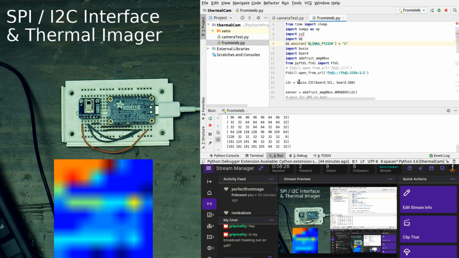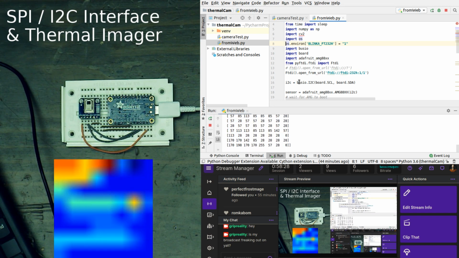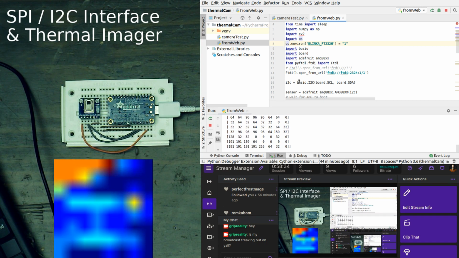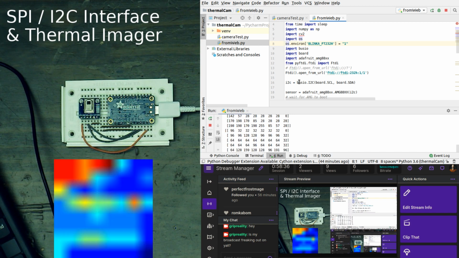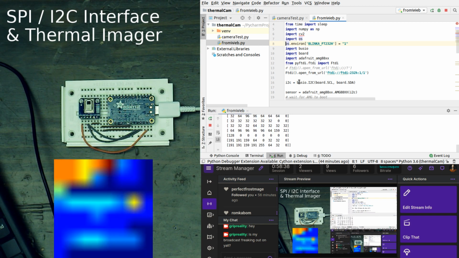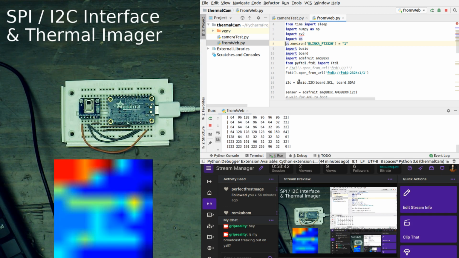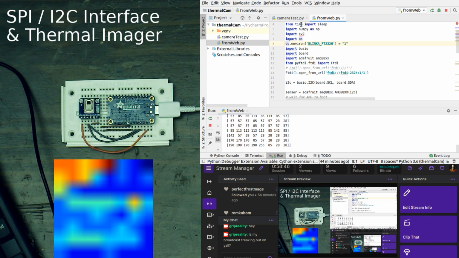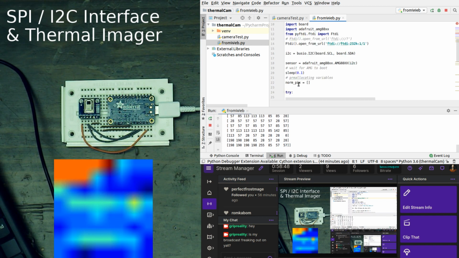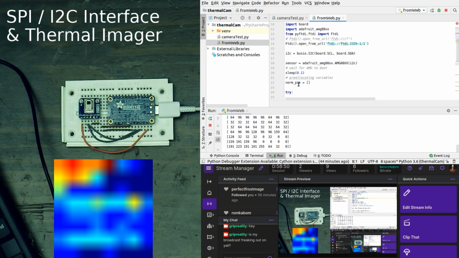And then what we're doing is we first are identifying that our system is working. So we are opening Ftdi open_from_url, and that is ftdi:///1, or ftdi://ftdi:232h:1/1. Then from there